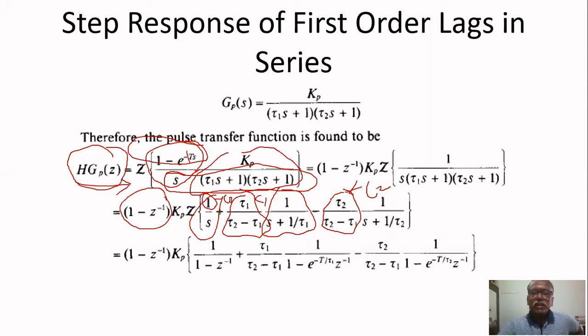Now it's ready to find the Z transform by using the formula. So what is 1 by s? 1 by s is step function. That's why we can directly write this here. This is first order function with a equal to 1 by tau 1. That's why we can write this is e power minus at. That's why we can write e power minus a t, where a is 1 by tau 1. Here a is 1 by tau 2. That's why we are getting this. So we obtained the